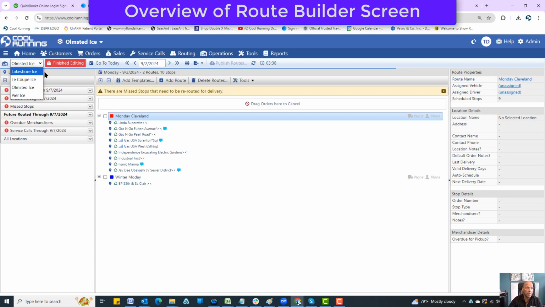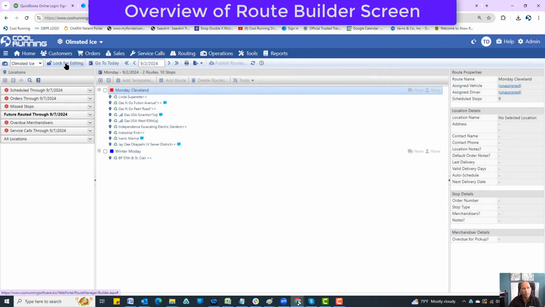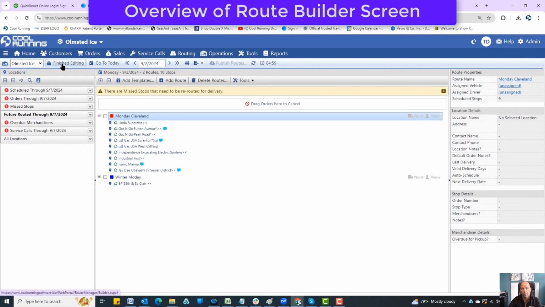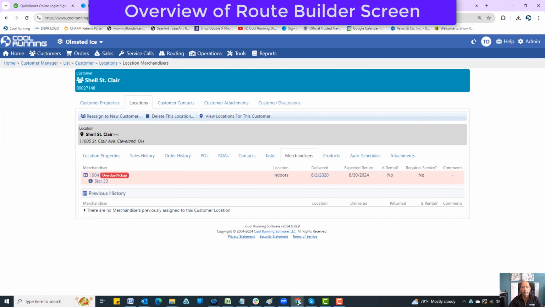Okay, so right up here is a lock screen. Only one person can currently be inside the Route Builder screen at a time. So if I click right here, the screen's locked. But if I click right here, now I'm in edit mode. While I'm saying this, it's very important to understand what happens if I try to open Route Builder again. So if I go over here and try to open my Route Builder again,